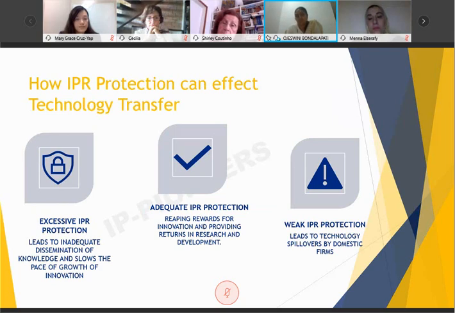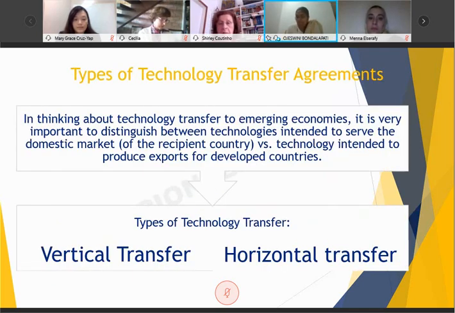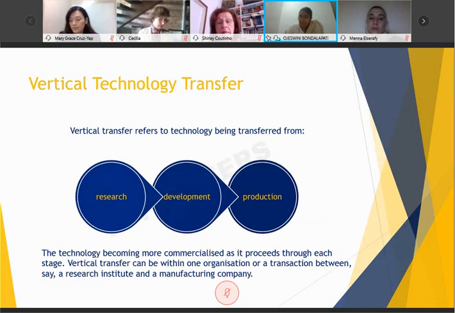Next, coming to adequate IPR protection, this is good, where you will find some returns on your investment in research and development. And weak IPR protection, as I was saying, like if you just try to have some NDA agreements to transfer some knowledge like trade secrets from one person to another, you can't guarantee the exploitation of that particular asset of yours. Like, is it going into good hands or not? So you should always be sure that you have proper protection, and that whatever intangible assets, like your research or your invention, everything is protected according to your own regional and national laws.